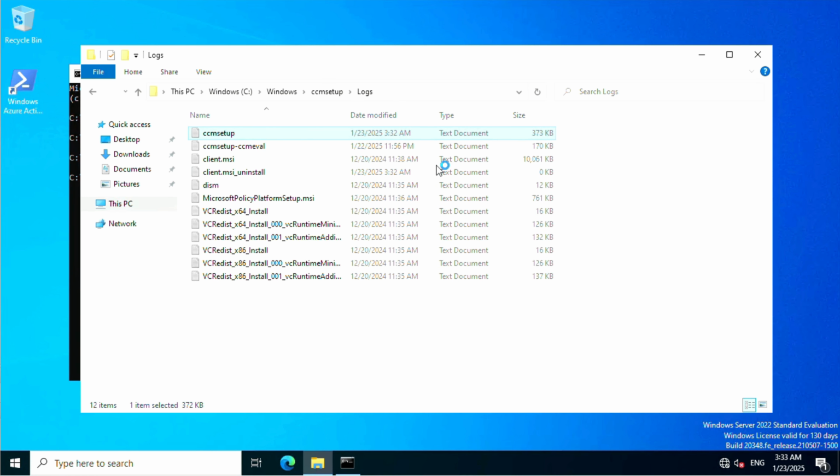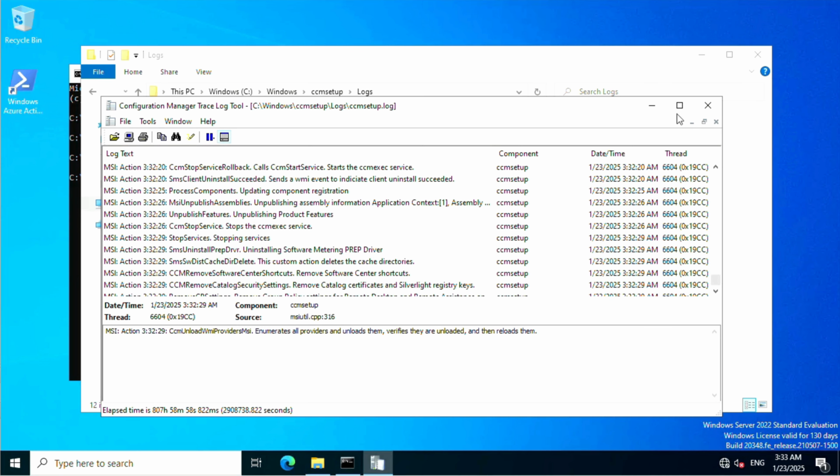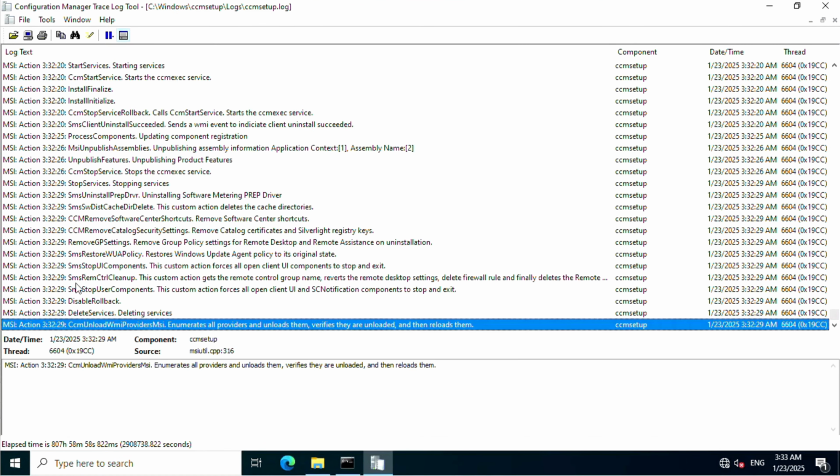To confirm whether the client has been uninstalled completely, we will receive a status code. CCM setup is exiting with return code 0. That means our client uninstallation is successful. This process can take around 10 to 15 minutes depending upon the machine and the process which is working